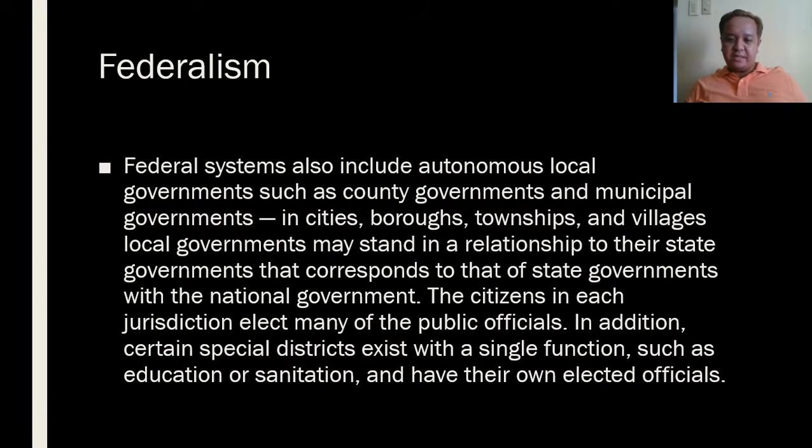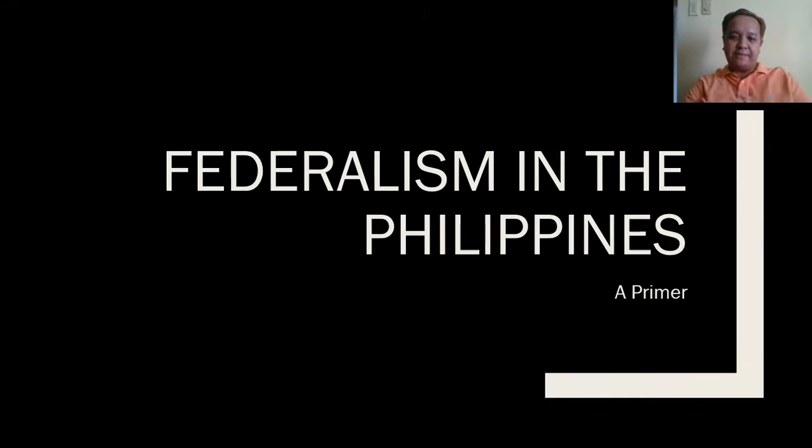The citizens in each jurisdiction elect many of the public officials. In addition, certain special districts exist with a single function such as education or sanitation and have their own elected officials. Okay, now the federalism in the Philippines